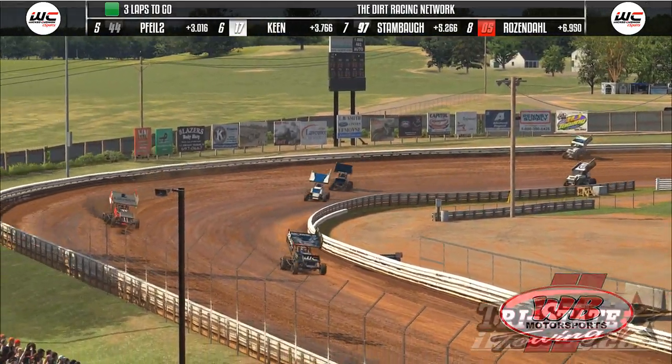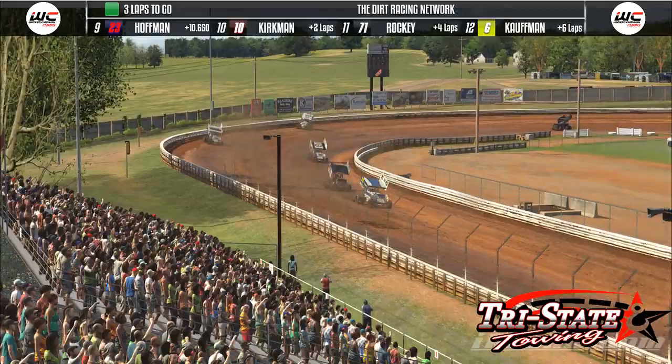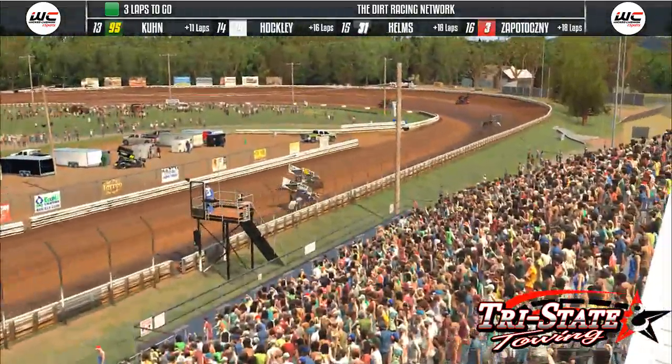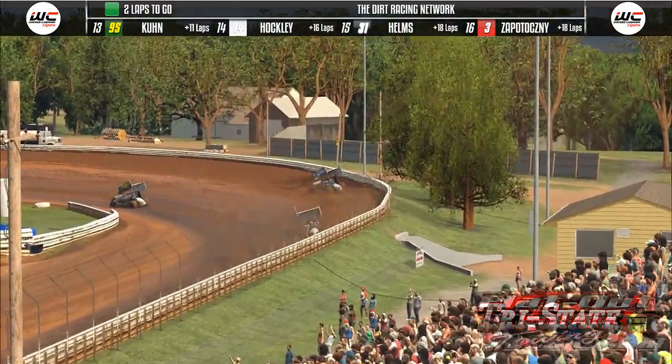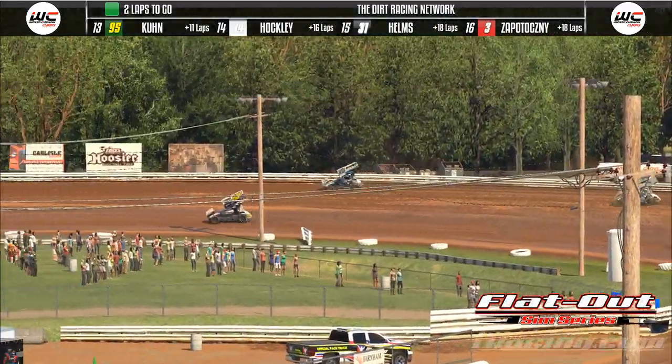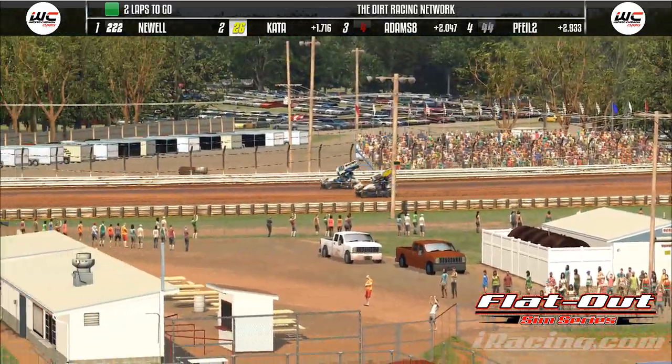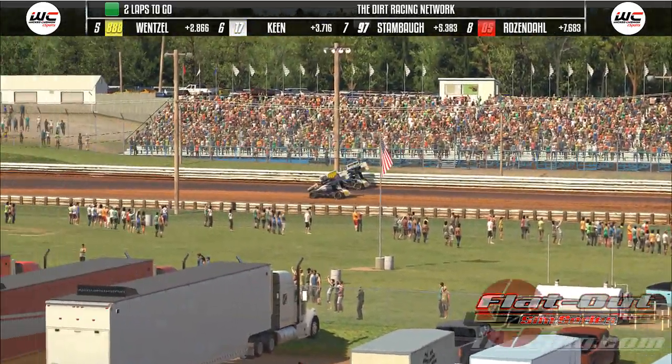Weston Newell sees 2 to go that time out of turn 4. Joe Cotta in front of Chris Adams. Corey Wenzel. Wenzel's got company. Tyler File is now caught up to Wenzel. File around the top side of 1 and 2. Pulls up alongside. Eases barely in front